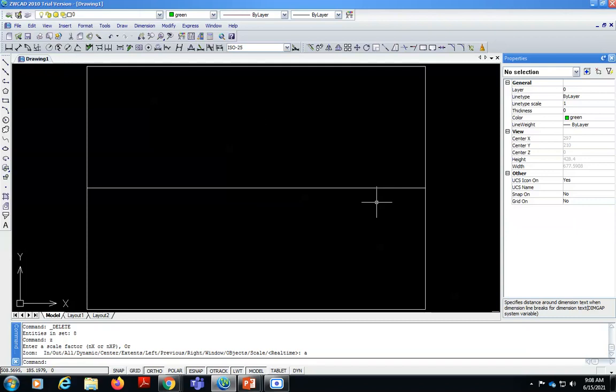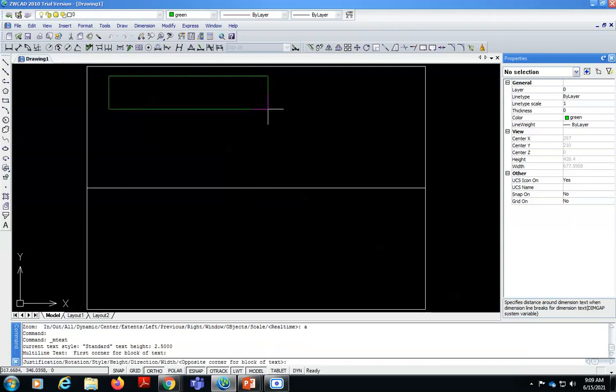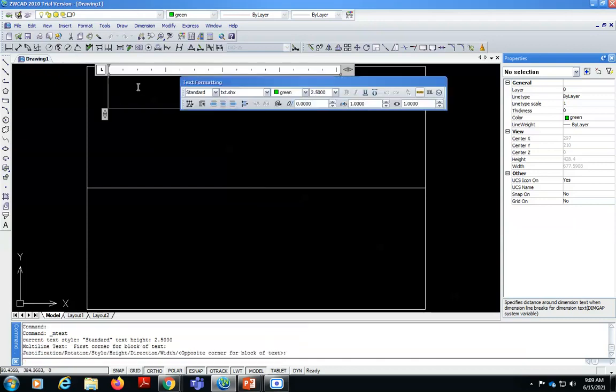So I will write some given data over here. A pentagonal prism of base edge 40 mm and axis height 90 mm.